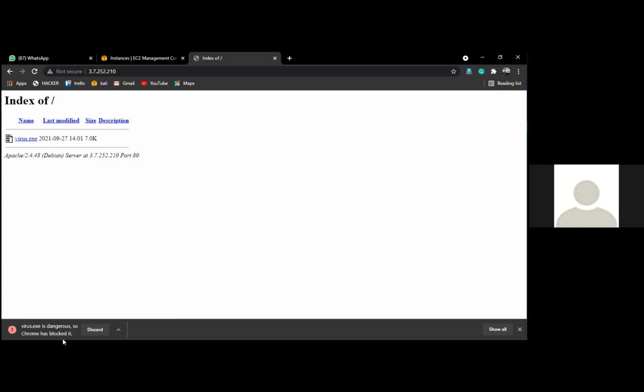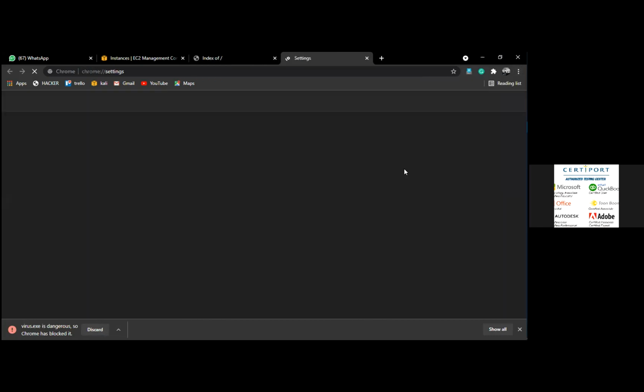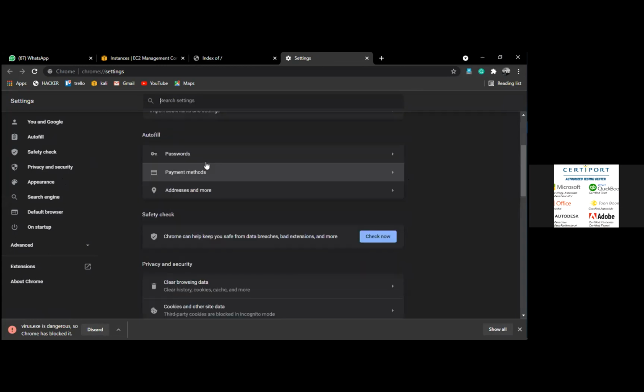Okay. So for the timing, change the settings. Later, I will show you how we can make it antivirus proof. But currently, for testing purposes, go to privacy and security on the left.